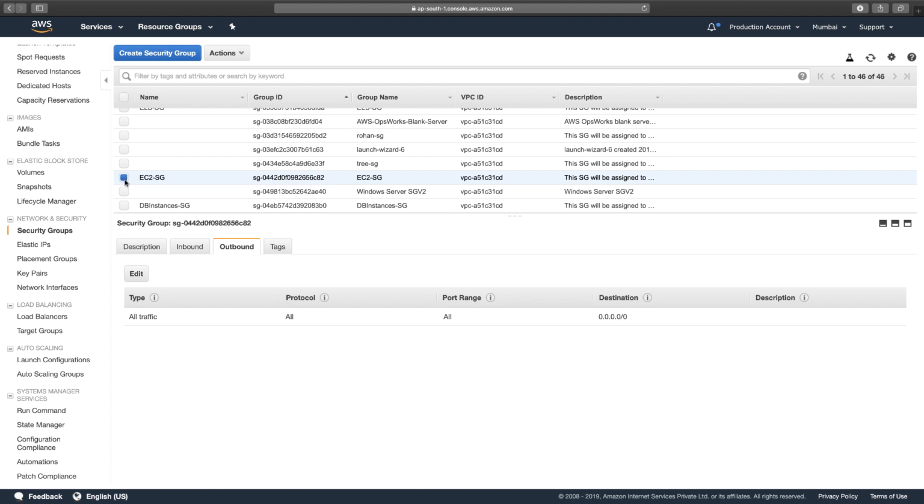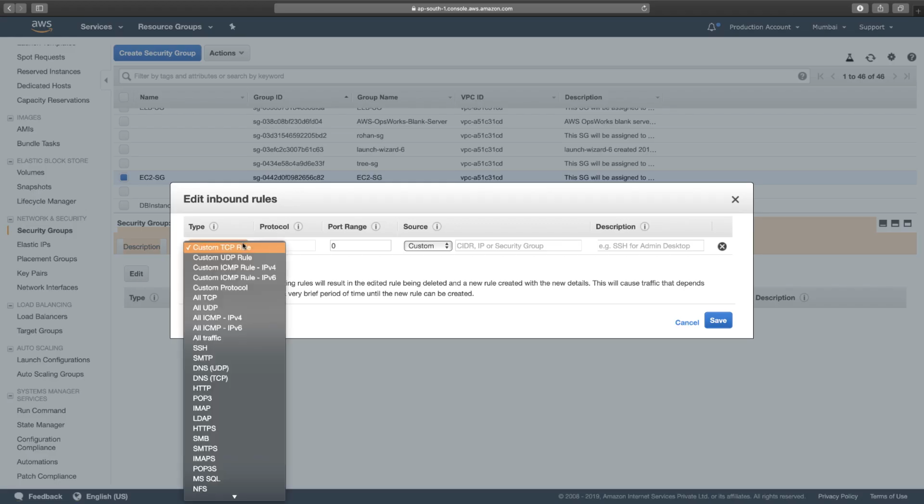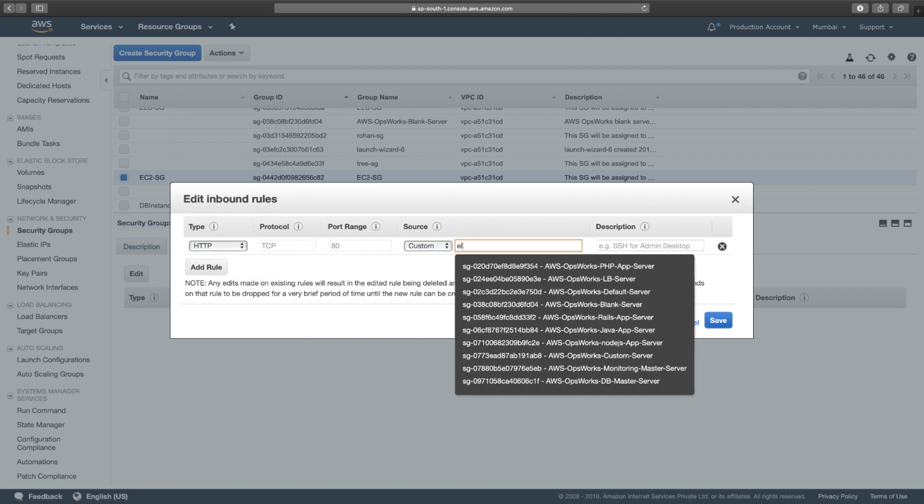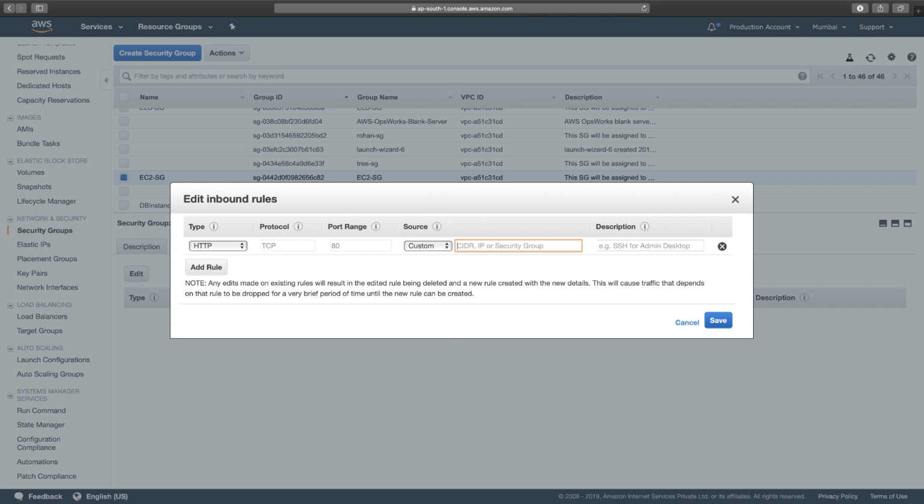and start configuring it. I go to inbound and hit edit, and because the instance will get the traffic from the load balancer, I would say let's choose the HTTP traffic from the custom source, and the custom source would be the ELB-SG. Let me just type that in,